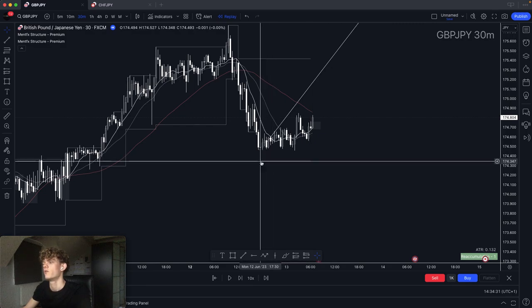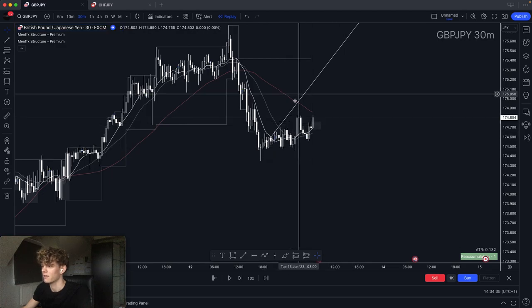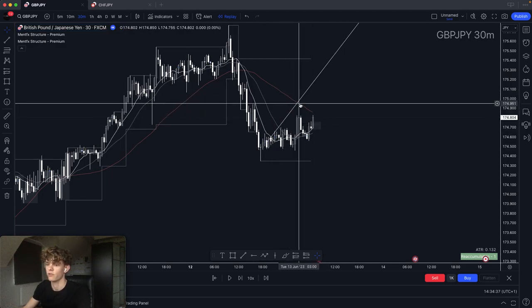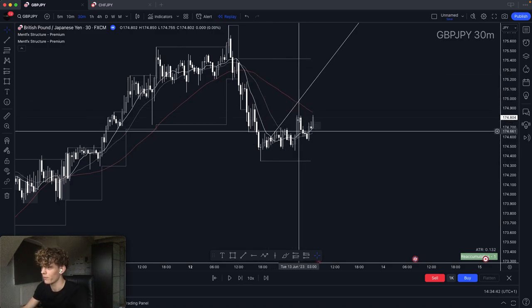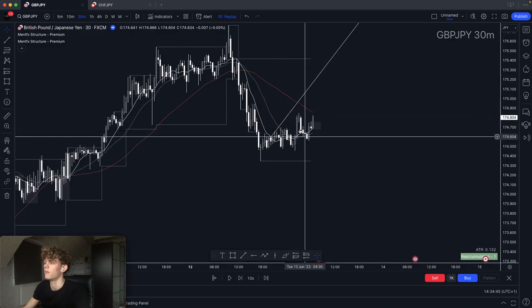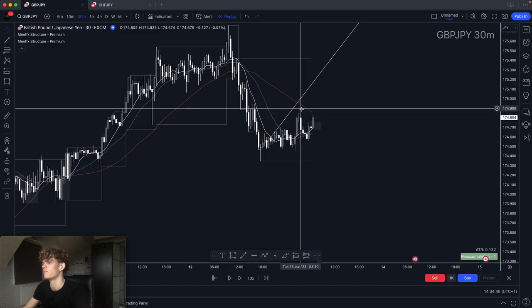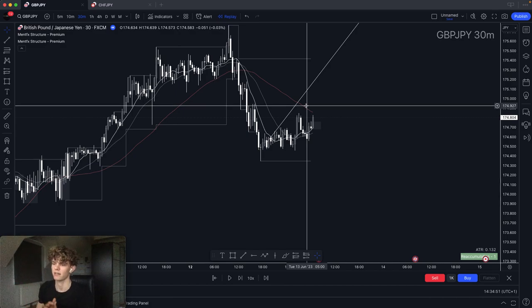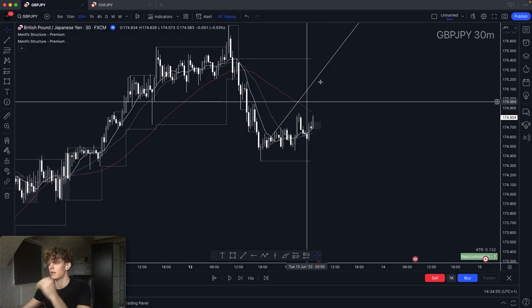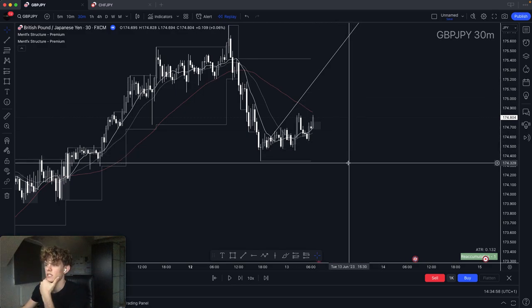So I waited for price on the 30 minute to get more into these MAs, especially onto the 50. I wanted to see the 50 coming down. Now price is moving back and forth, and since it builds something here, I'm expecting the move above the 50, right? I'm predicting it basically. And I wanted to see a move above the 10 and 20. Now met with